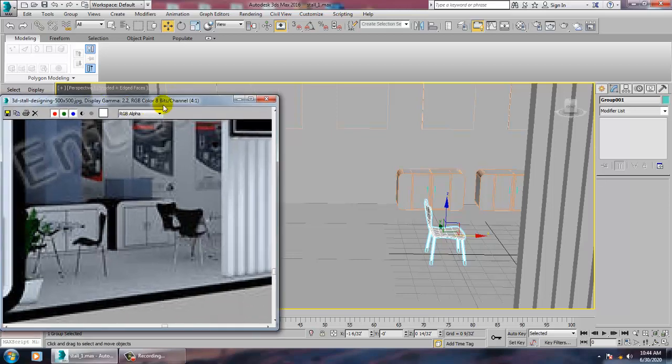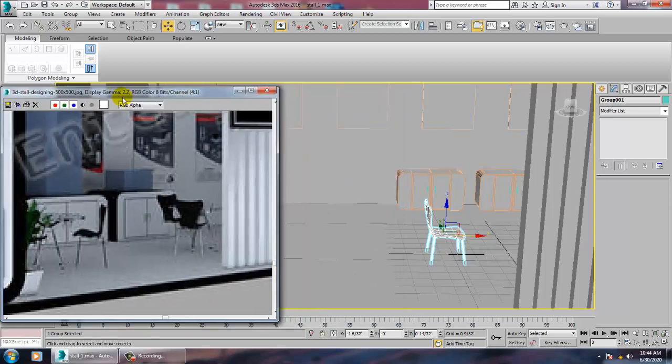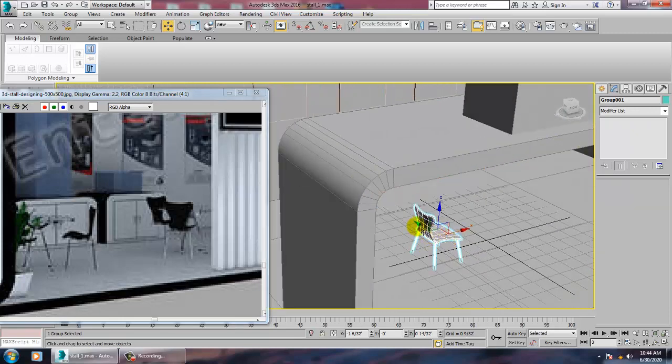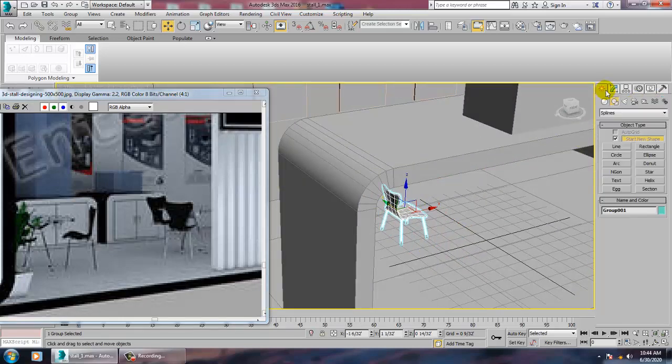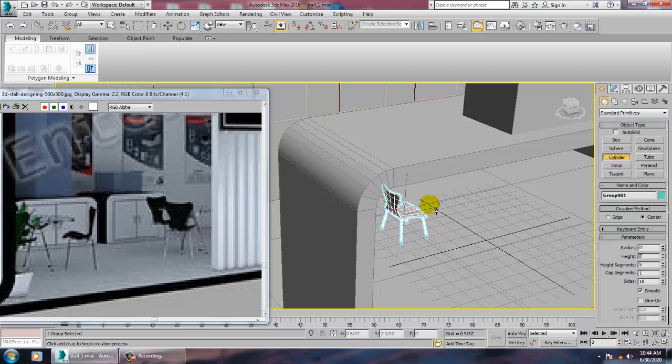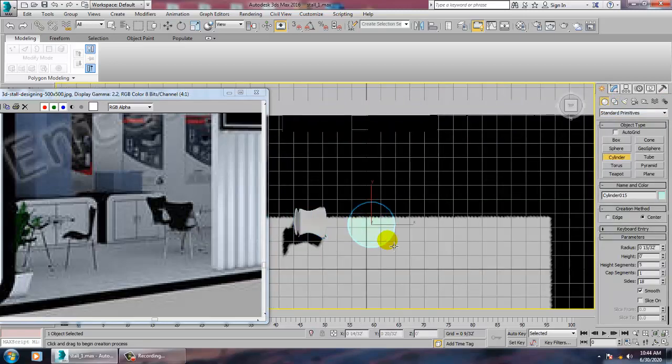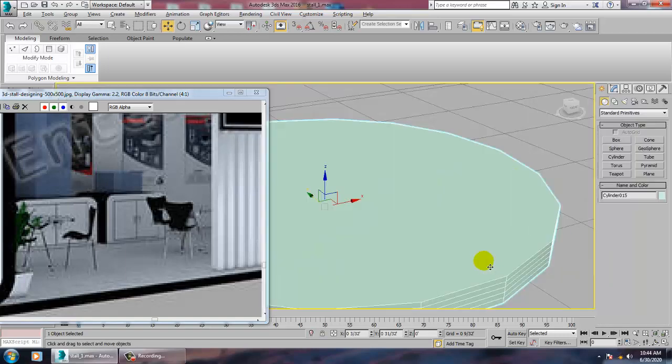So definitely you can create a table also over here. So for that we'll be using a cylinder over here, right from the top view. So take a cylinder over here.